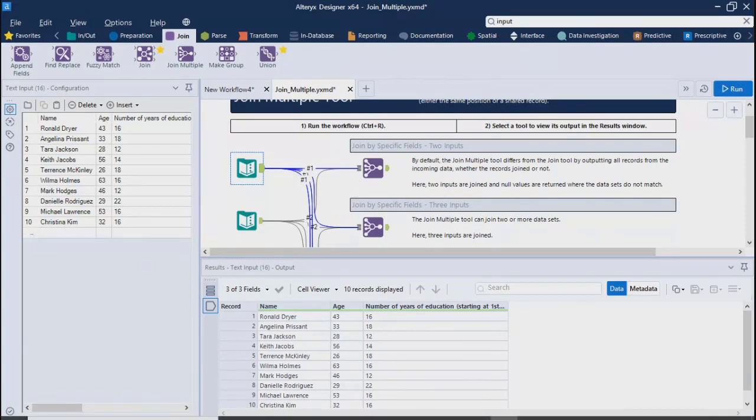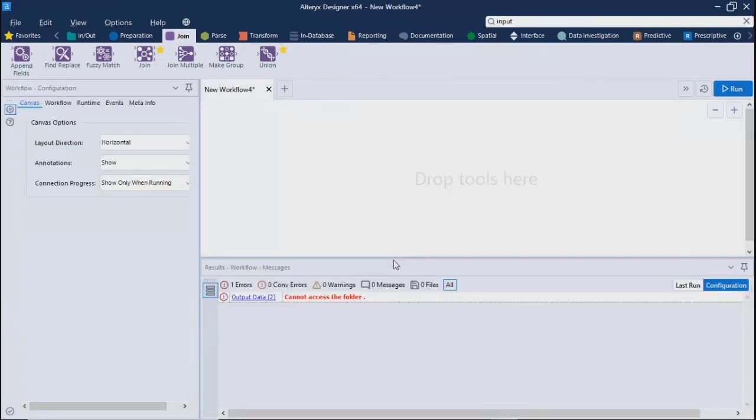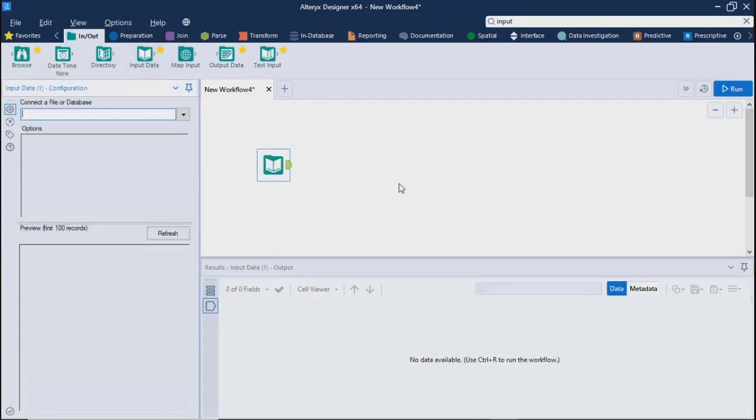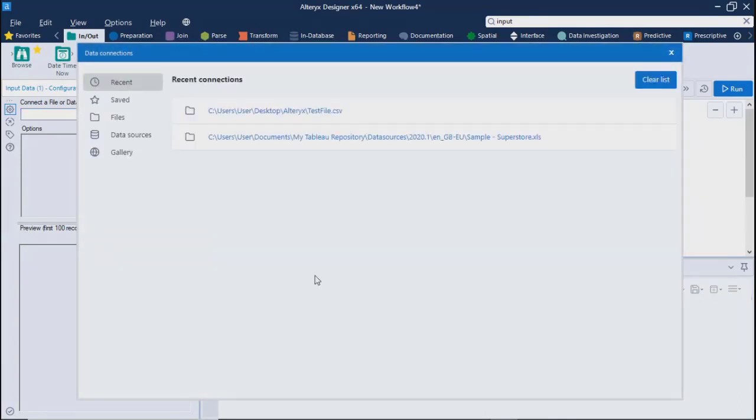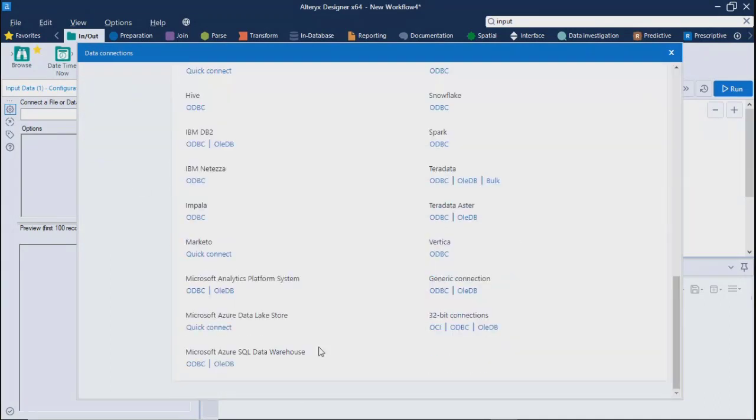Okay. Now let me go ahead and start working on maybe input output. So yesterday what we did, we dragged only a simple example by putting this input data, right? And what we saw is that if you click over here where it says connect to a file or database, you can get the different connections which you are supposed to use, or maybe you can connect from your system. So yesterday we connected to one Excel file.